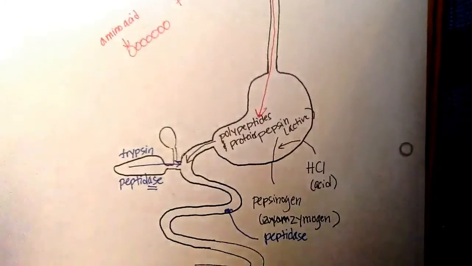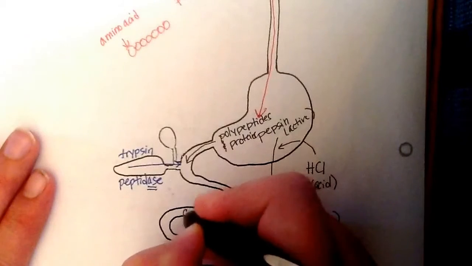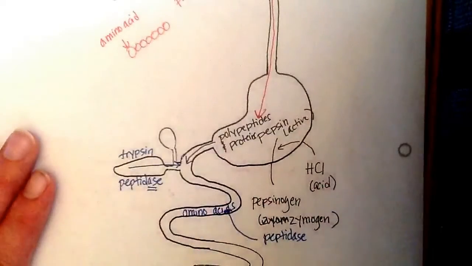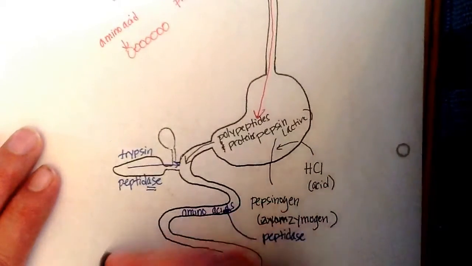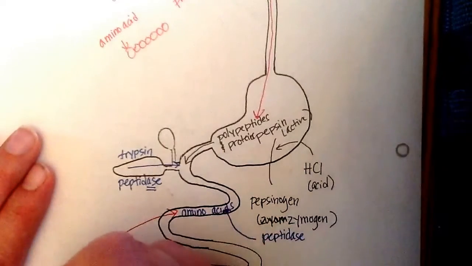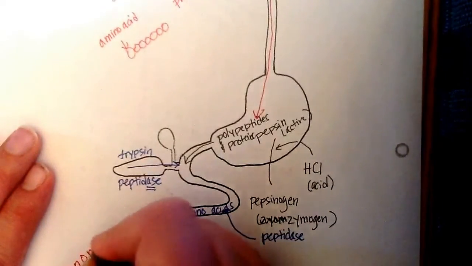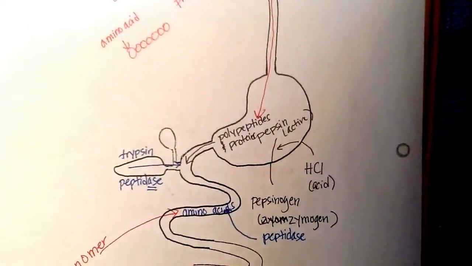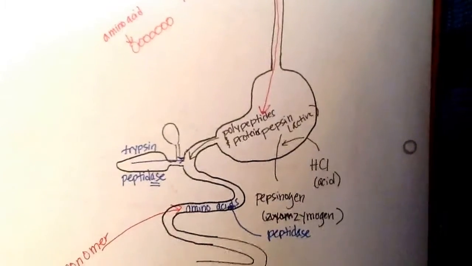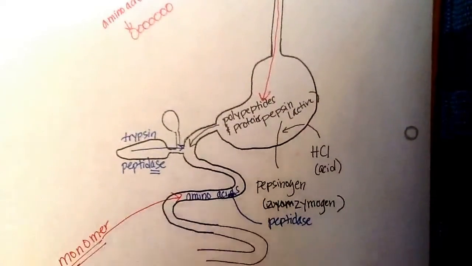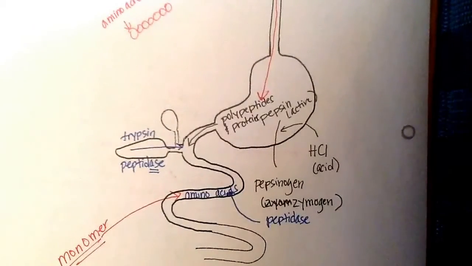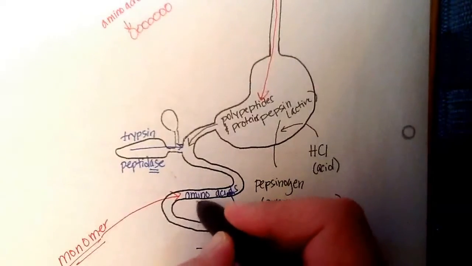The peptidases are going to work on these polypeptides, break them down into smaller and smaller pieces, until eventually it's broken down into its monomer, which are these amino acids. We talked about monomers in the carbohydrate digestion. This is the smallest unit that I can break a substance down into, and this is a unit that it needs to be broken down into in order for this to be absorbed. So we need this monomer to actually absorb the pieces of protein into our system. And so the amino acids are going to